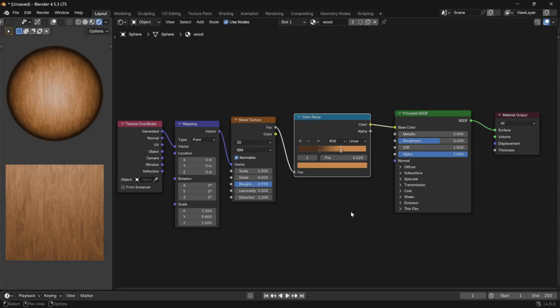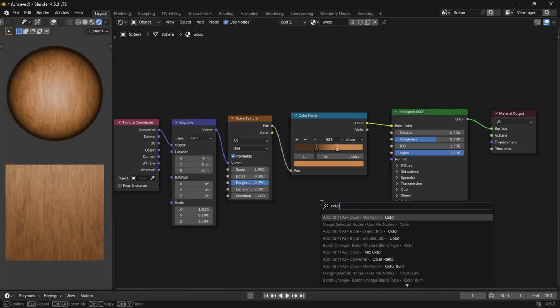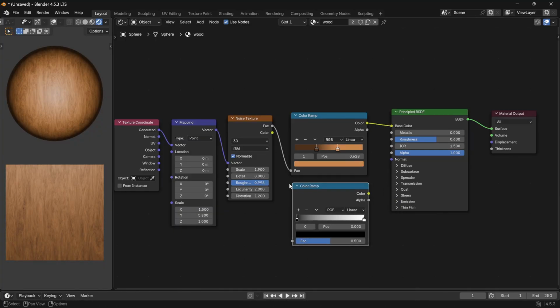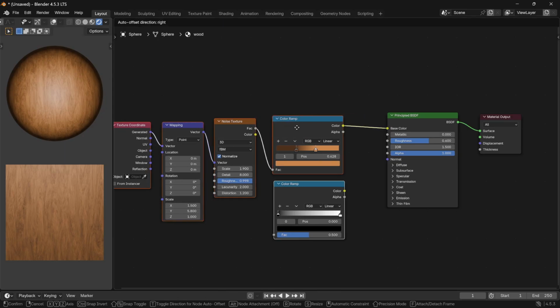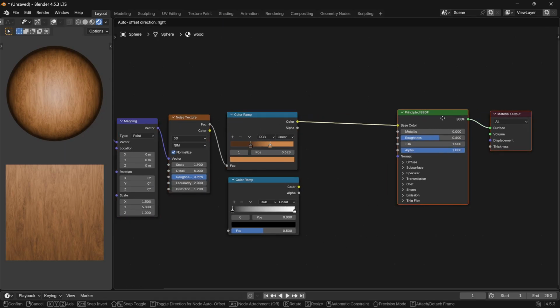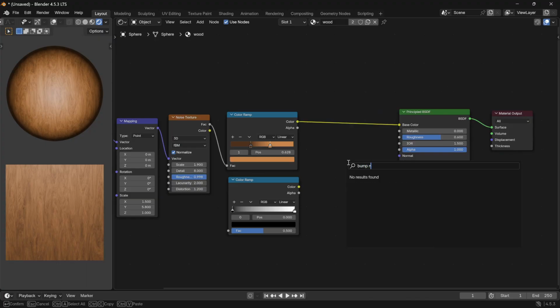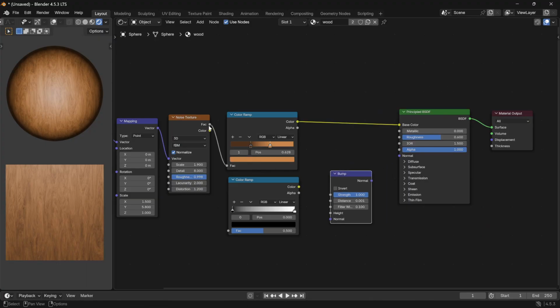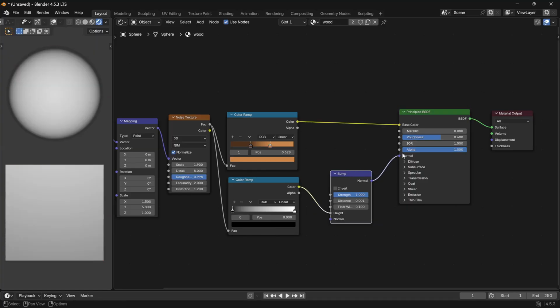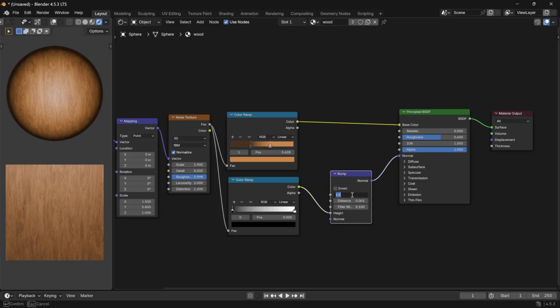To give a realistic effect we're going to create another color ramp and we're going to create a bump node, and from the noise texture we're going to connect to the color ramp and the color to the height factor of the bump node and the normal to normal. In the strength factor we're going to set 0.01 and the distance to 1, and we're going to create another color